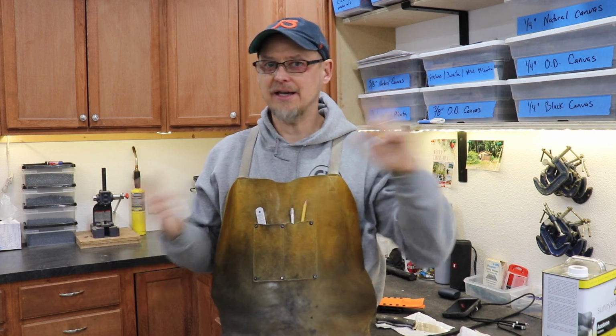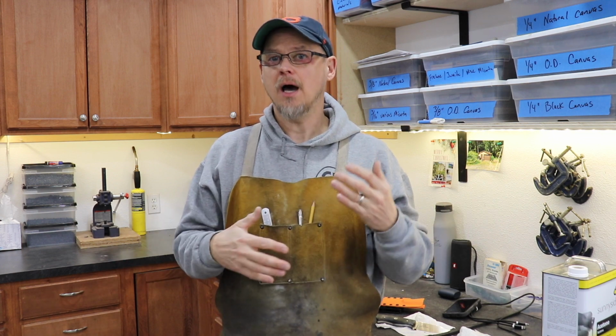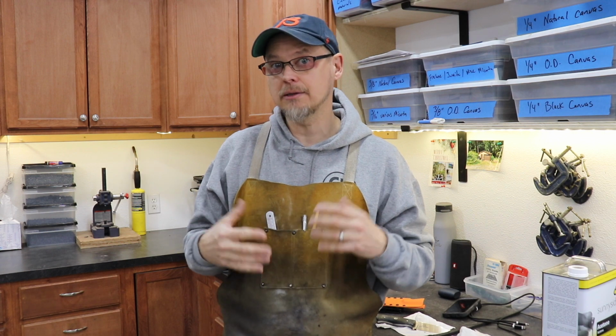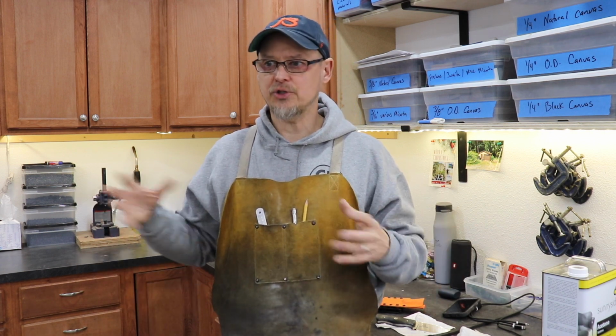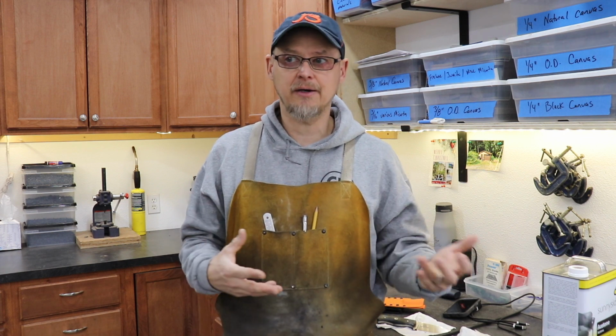Oh, leather sheaths. I had somebody mention that Tammy's knife came out. I did a leather sheath for her. She reached out to me about this whole knife and everything, and the leather sheath was more specific, custom to her. I am not advertising doing leather sheaths right now because I'm trying to get everything else going. Leather sheaths do take a little bit more time. They're a little bit more challenging, but if you think, you know what, I really would like a leather sheath, and you buy something like a Companion or a Montana or something,